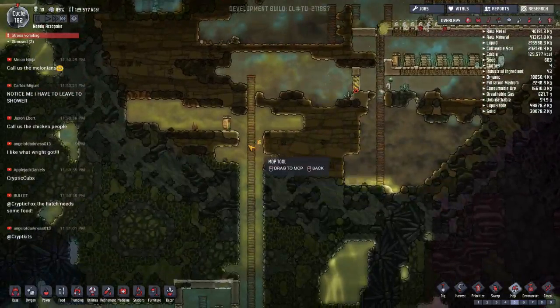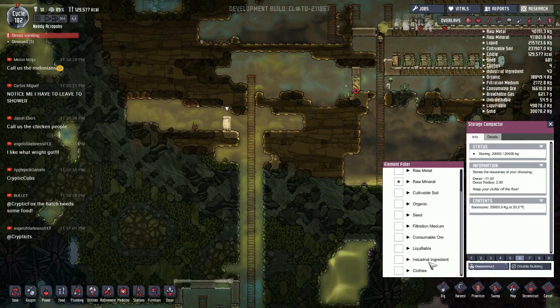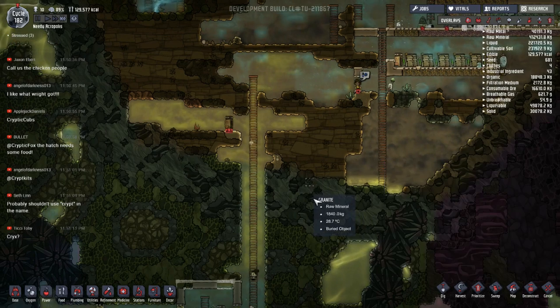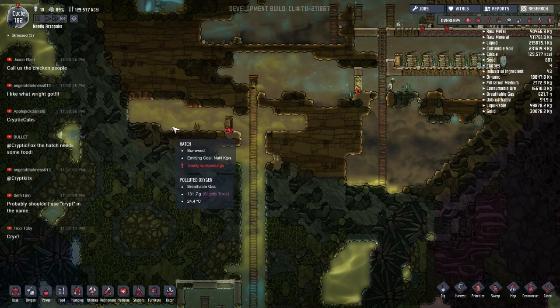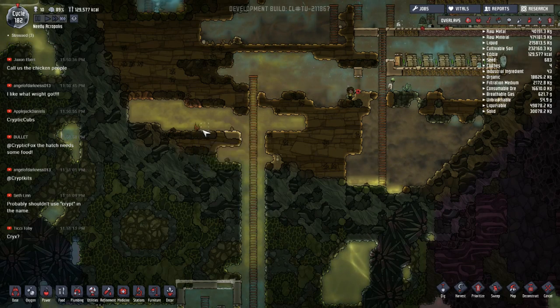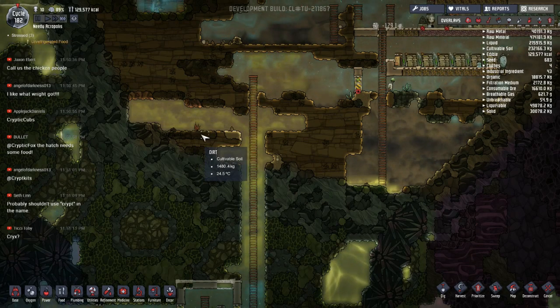The hatch needs some food. Oh, you're right. I'm sorry. Let's empty this, and then deconstruct. And that'll give him a little pile of food so he can eat. I keep forgetting about the hatch. Whoever it is that keeps remembering, Bullet, thank you for reminding me. I'm not sure if it was either reminding me before or if it was somebody else, but...